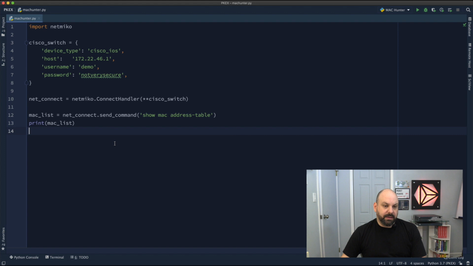Let's take a look at the script. Here's the script. I am importing a library in the first line, line 1 there. It says import Netmiko. Netmiko is a library that is extending the functionality of Python for me, gives me a whole bunch of nifty ways that I can interact with a command line and get the results back into Python